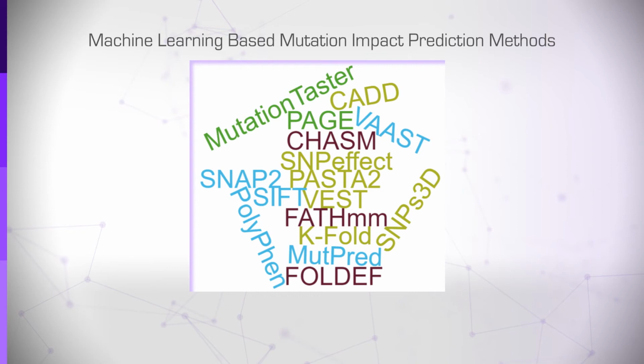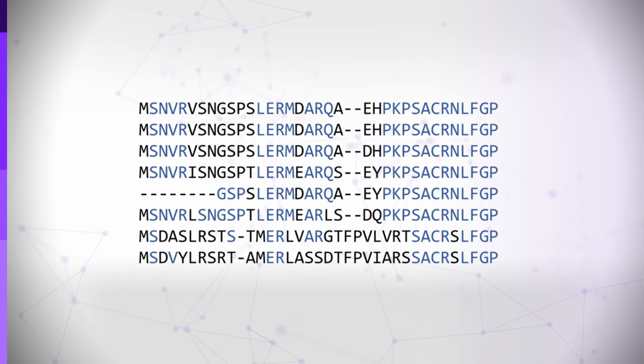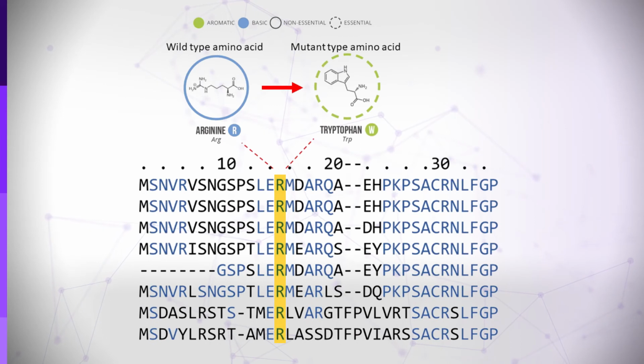Many computational methods have been developed to address the problem. Most are based on analysis of a multiple sequence alignment from different species. We learned about alignments in an earlier segment of the course. The basic idea here is that if a mutation introduces an amino acid inconsistent with those seen in the alignment, it's likely to be deleterious. In the example shown, the reference sequence and all the other species included in the alignment have a charged arginine residue at the mutation site, while the mutation is to a bulky tryptophan residue. From a physical chemistry perspective, this is likely damaging to protein function.